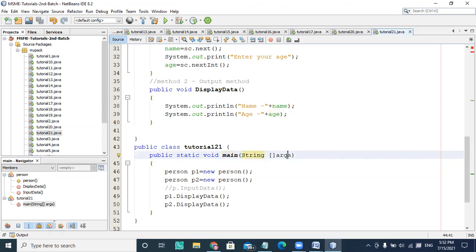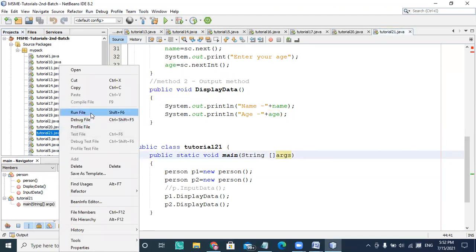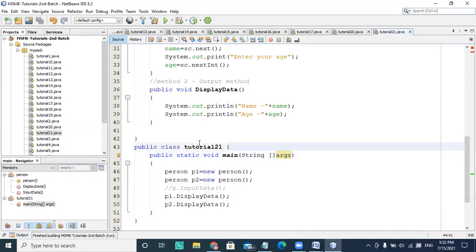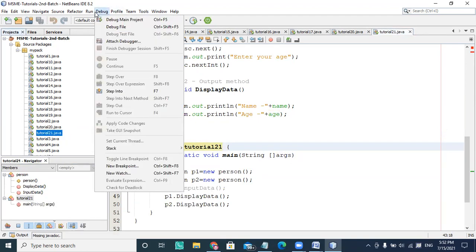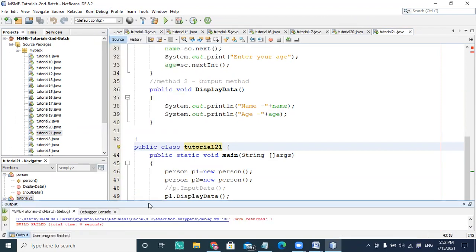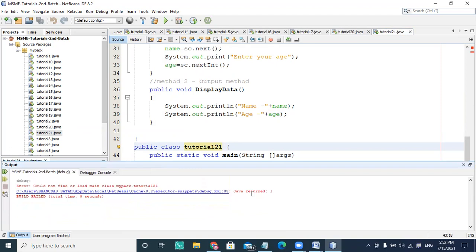String arguments, yes, it's correct. And it's running the constructor. Let me check. I'm starting debugging again. Okay, it's returning main, my pack tutorial, could not find or load main class.